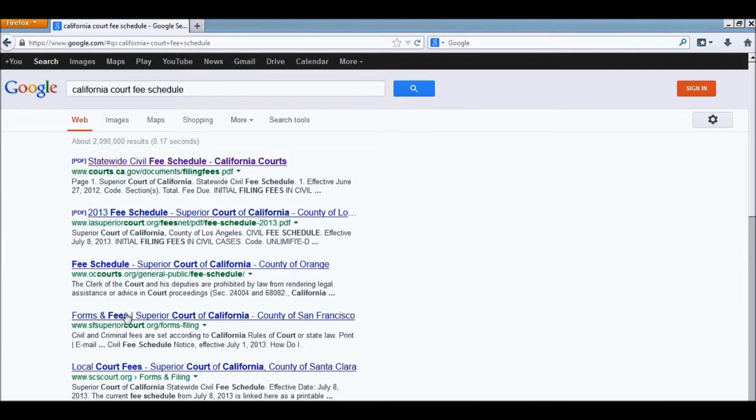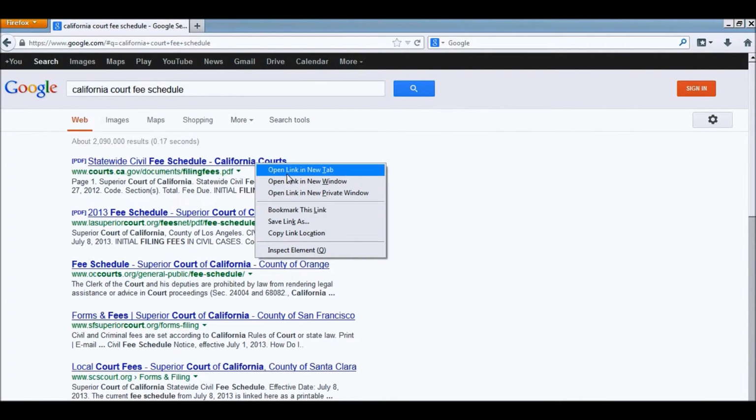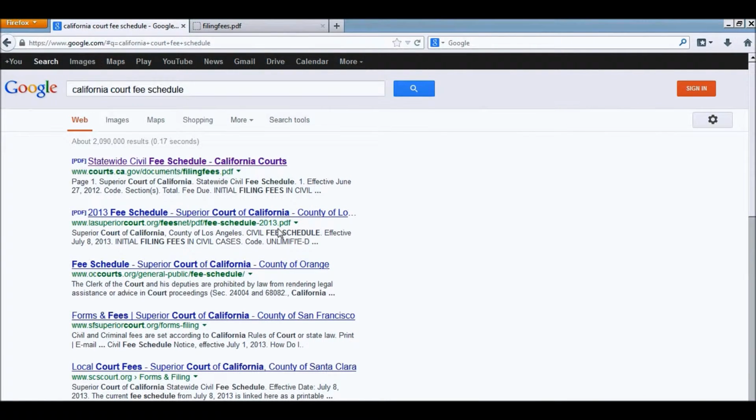What you get back should be this sort of series of hits. So this first one is the one that we're actually going to use. It's from the courts, like the overall courts website, www.courts.ca.gov/documents/filing fees. So let's go ahead and open that in a new tab in the background. These other hits, for example, are going to be from websites for the superior courts in individual counties. The information is going to be the same. Like this fee schedule is going to be the same as this one, except this one is going to be hosted by an individual county's website instead of the overall court system's website.